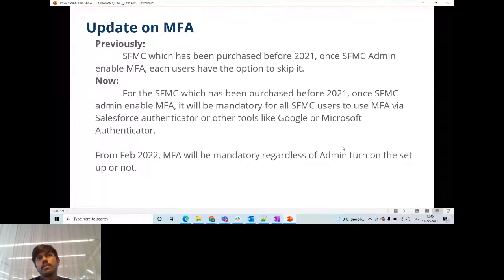But for the people who purchased Marketing Cloud before 2021, you have the option to enable it previously. And now by Feb 2022, it will be mandatory. It will be automatically enabled on Feb 22, regardless of whether you enable it or not. So I would recommend